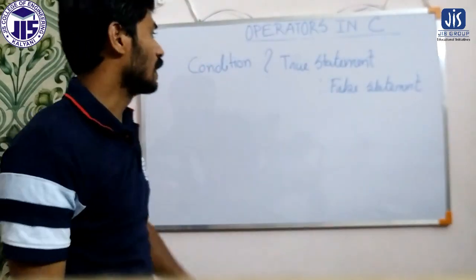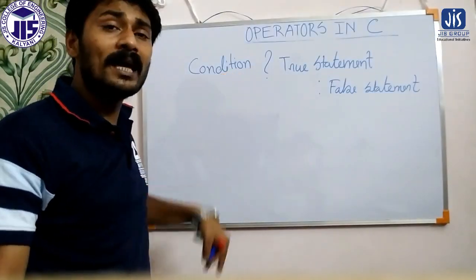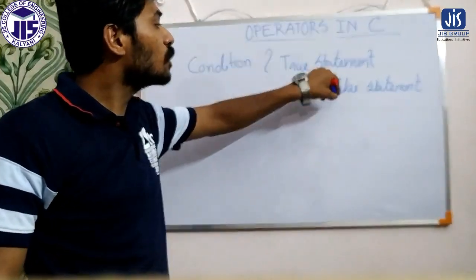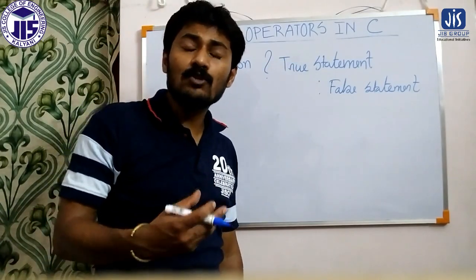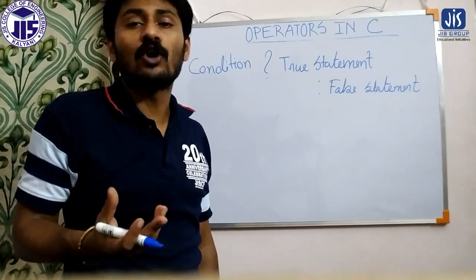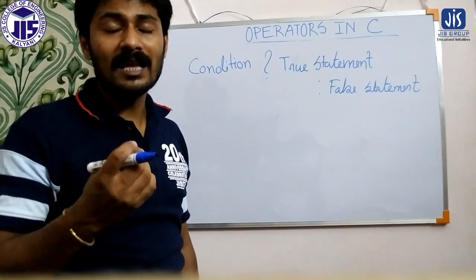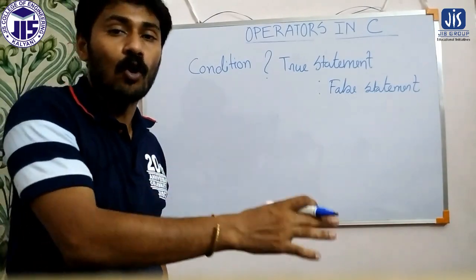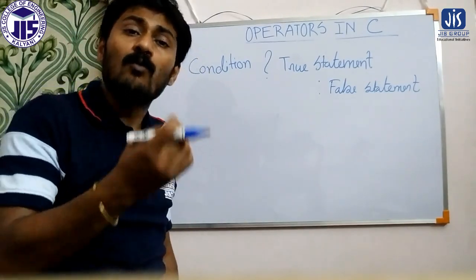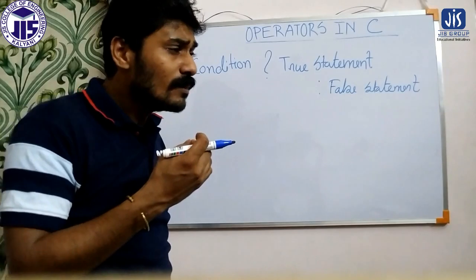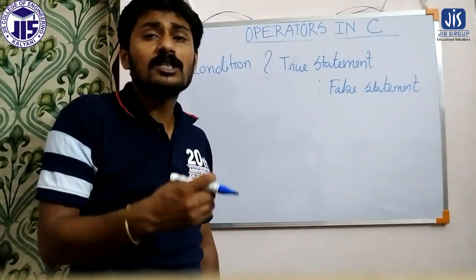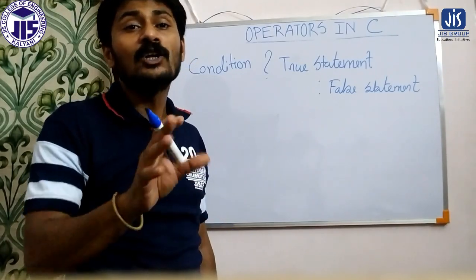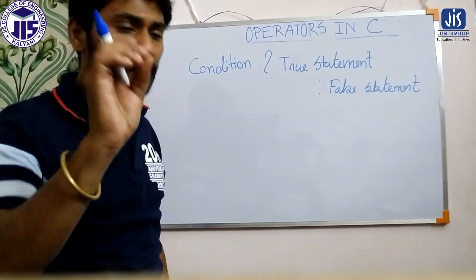Now here the question is that we are applying a particular condition. It may happen that the execution of the true statement or the false statement depends on multiple conditions, not only one condition. As we have already shown, if we want to decide whether a number is even or odd, we can decide from one condition. But there are several problems in which we have to take the decision depending on multiple conditions. I am giving an example.